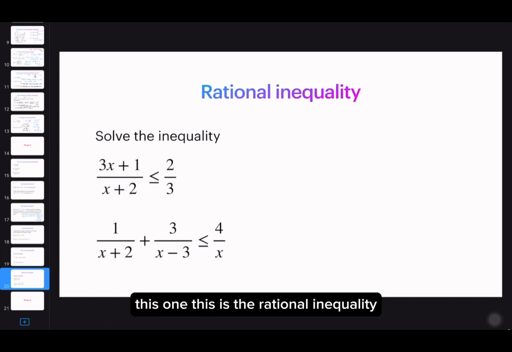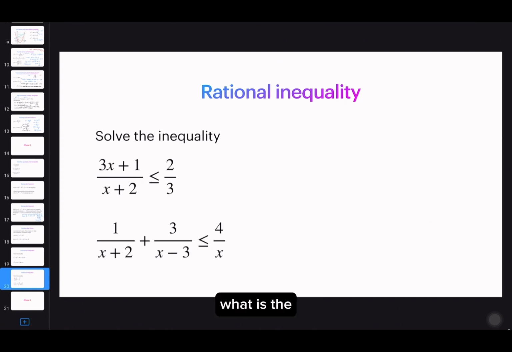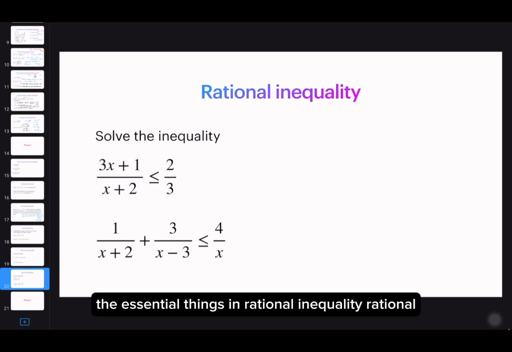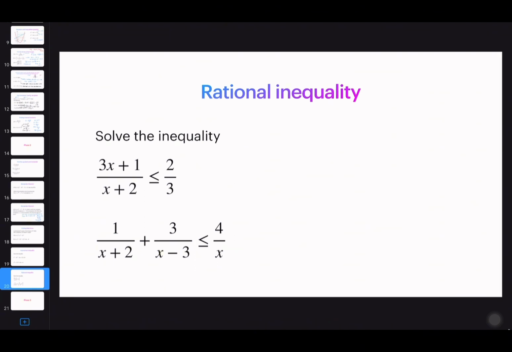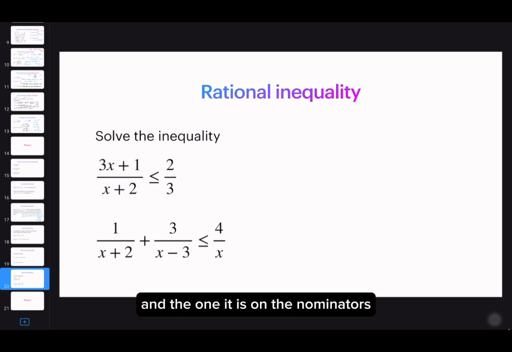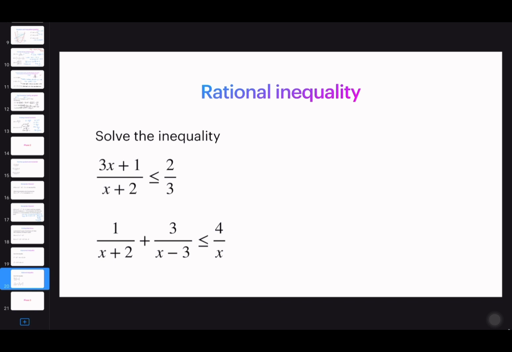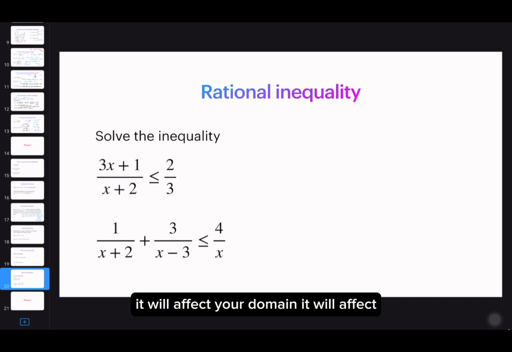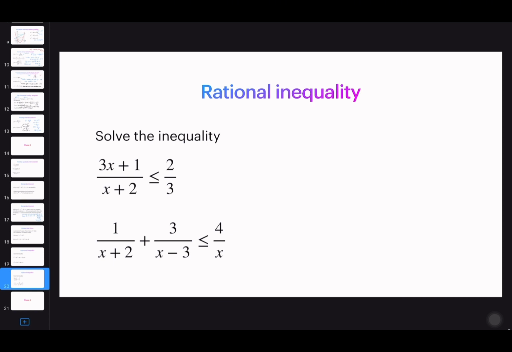this one. Okay. This is the rational inequality. What is the essential thing in rational inequality? Rational, as you may observe from our previous slides, we have two equations at least, right? The numerator and the denominator, right? And the one that is on the denominator will affect your domain, right? It will affect your domain. In which